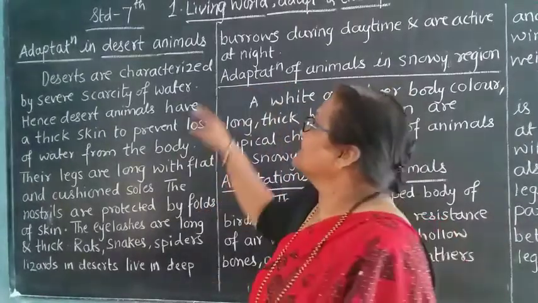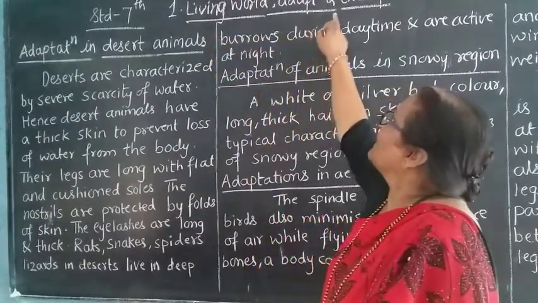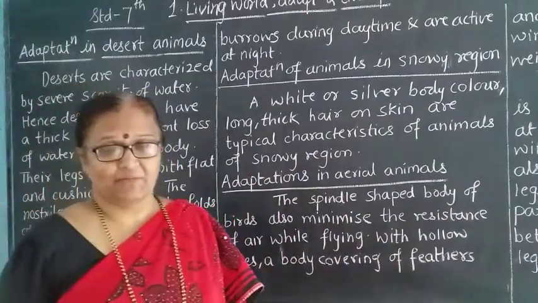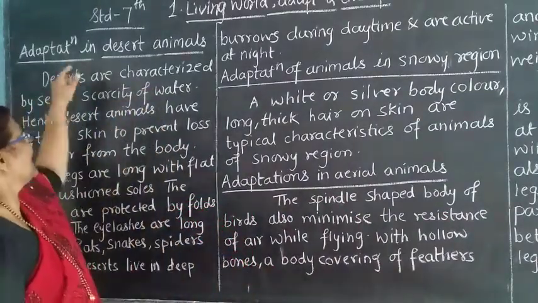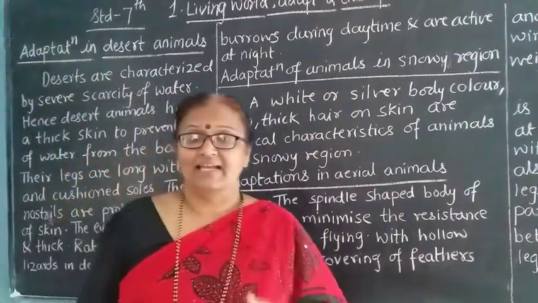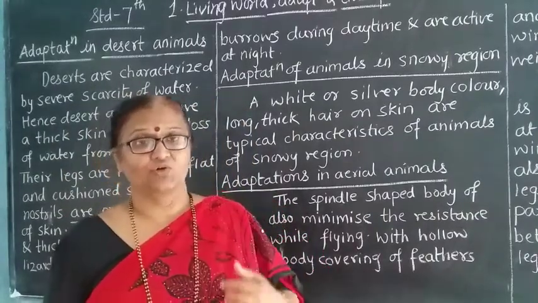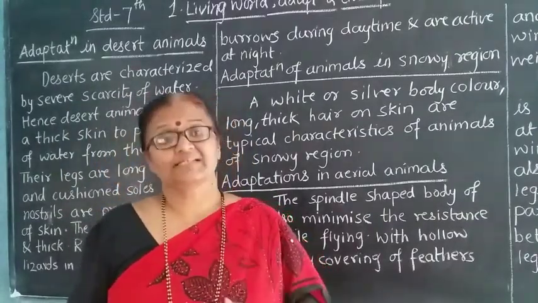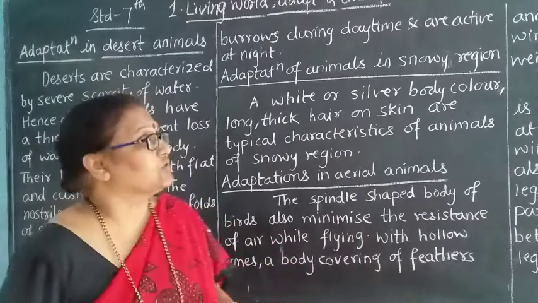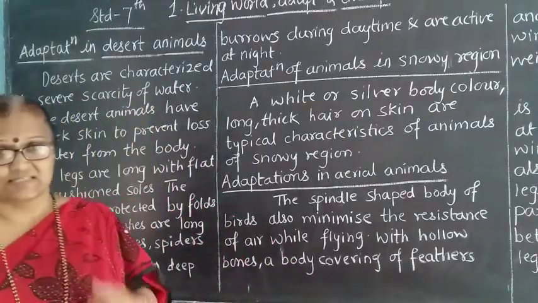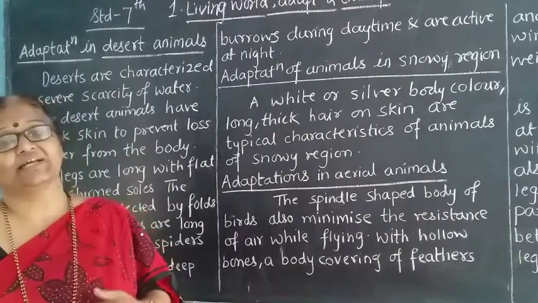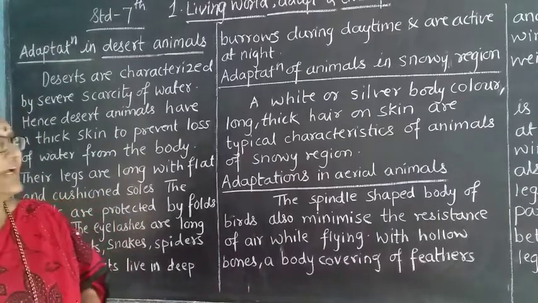We have started the lesson that is nothing but living world, adaptation and classification. Before this we have seen many of the adaptations. Now today we are going to see the adaptation in the desert animal. We know most of our land is covered by desert, or you can say a few percent of the land is converted into desert form. So what does this desert tell us, or the animals which are living in the desert, how they are adapted to the desert region, that we are going to see.